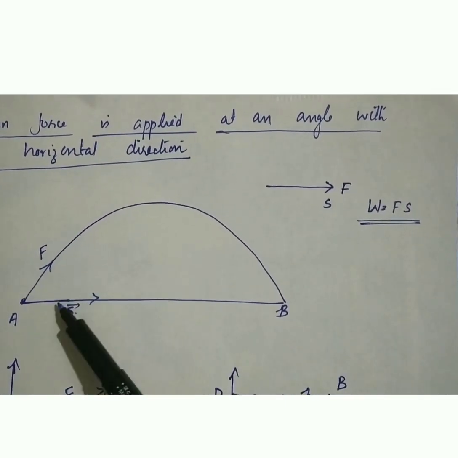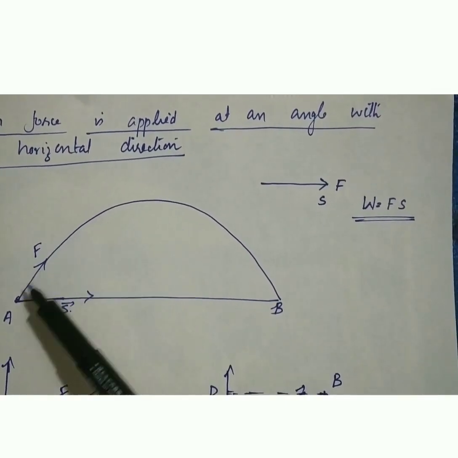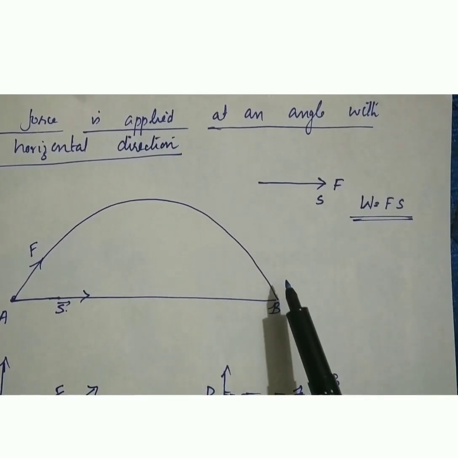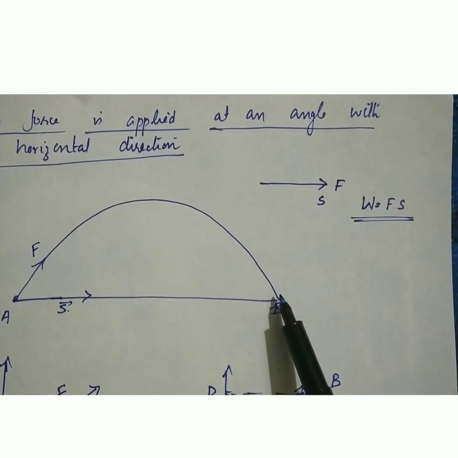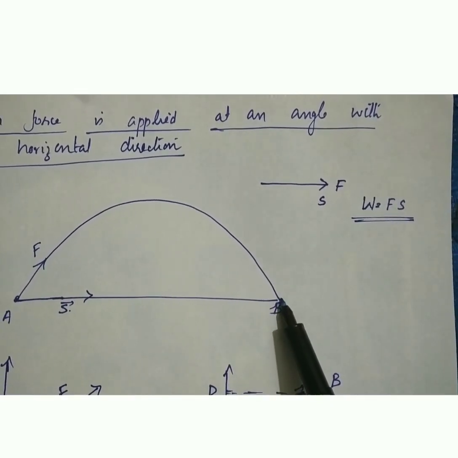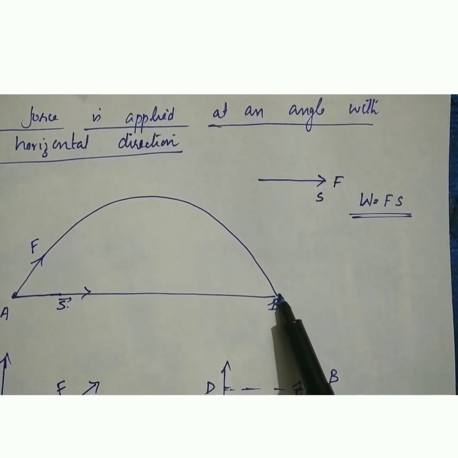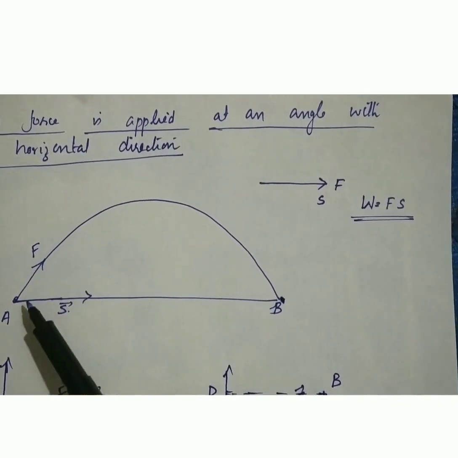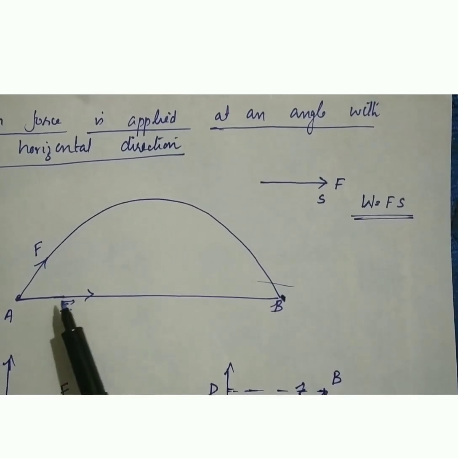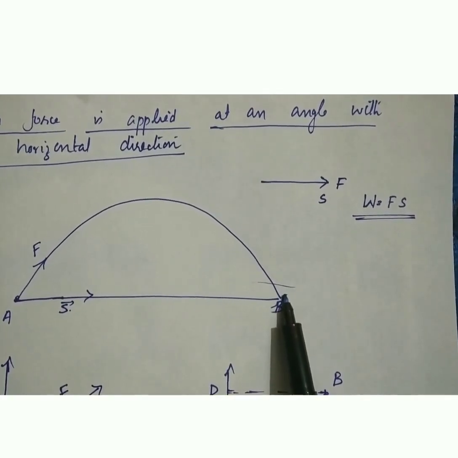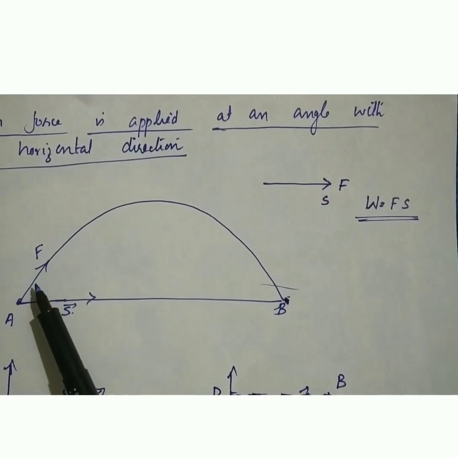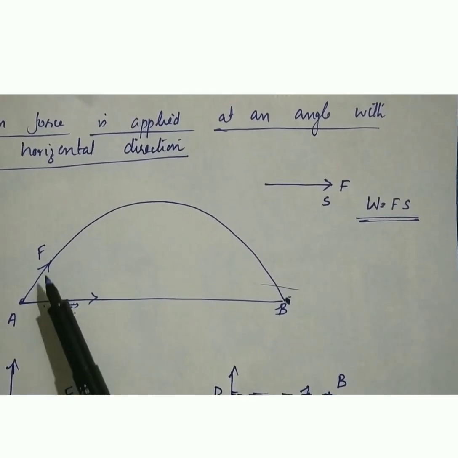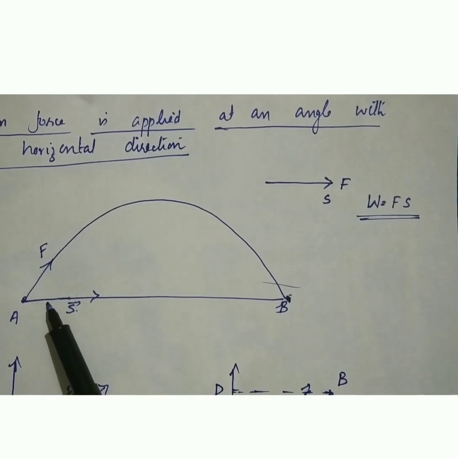For example, when we throw a stone, we apply the force at an angle. Then after moving in the upward direction, it falls down, isn't it? So it reaches the surface of the earth or the ground. So here force is acting at an angle, but the displacement is AB, that means in the horizontal direction. So here we can see the force and displacement make an angle.